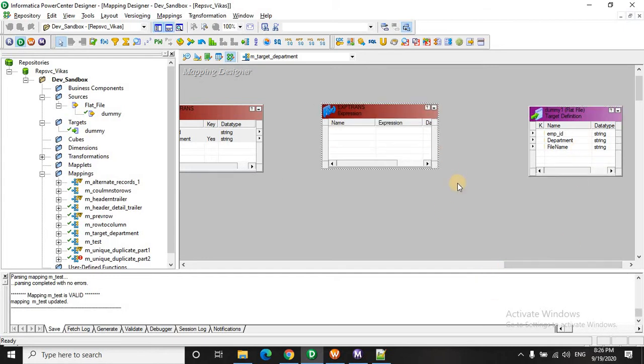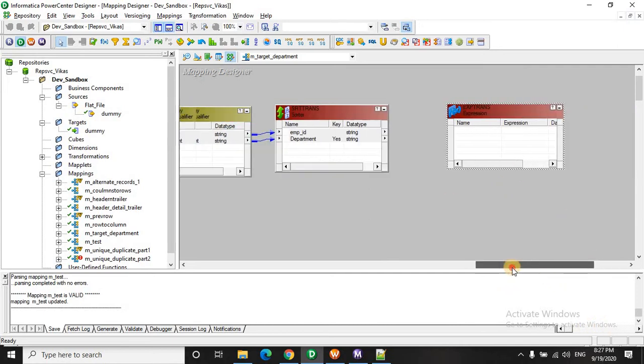Now, as we have sorted the data according to the department, we have to segregate the data where there is a change in the department. Try to understand that you have sequentially arranged all the employees on the basis of department. Now you want to raise a flag. You have to check that all the IT guys are done, and now I'm going to check the admin guys, or now I'm going to check the finance guys.